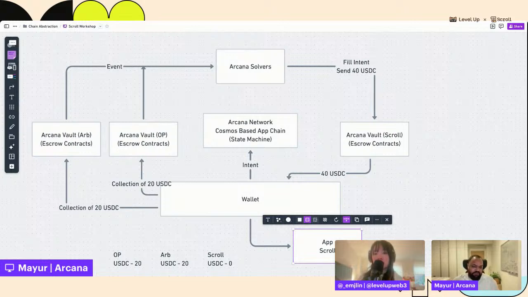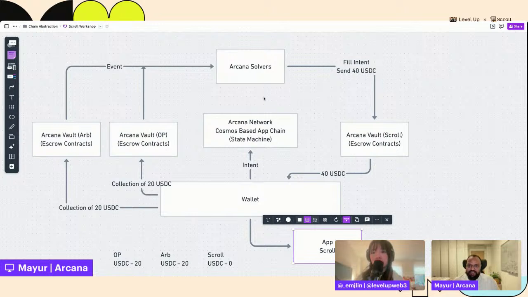And all of this happens without me ever leaving this interface that I'm on. Everything just gets managed for me. I've just clicked a couple of buttons to ensure that all of this happens. It happens with my existing wallet. I don't have to go anywhere, do anything. It's just a few button clicks. And basically all of this happens in the background, and I'm able to go ahead and proceed to do whatever I intended to do on this app on Scroll.